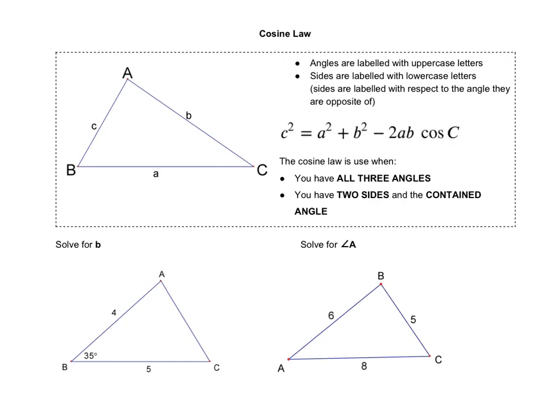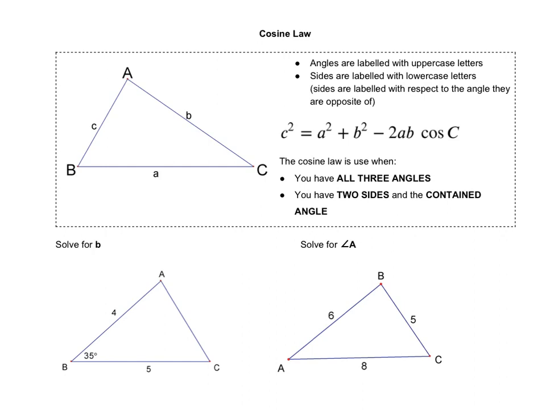Oblique triangles, we have seen that you can use sine law to solve for a missing side or angle, but you can only do that if you have a full pair, meaning an angle and its opposite side. But sometimes you don't have a full pair, so there's another law that we can use, which is called the